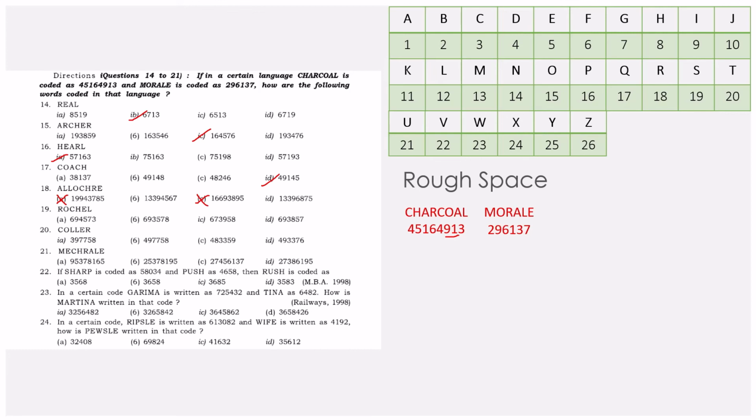E is equal to 7. So even this is eliminated and this is the answer. I did not check for 1, 2, 3, 4, 5, 6, 7, 8. There are 8 letters, literally 8 letters. How could I check for 8 letters in each option? So let's check again. L is equal to 3.